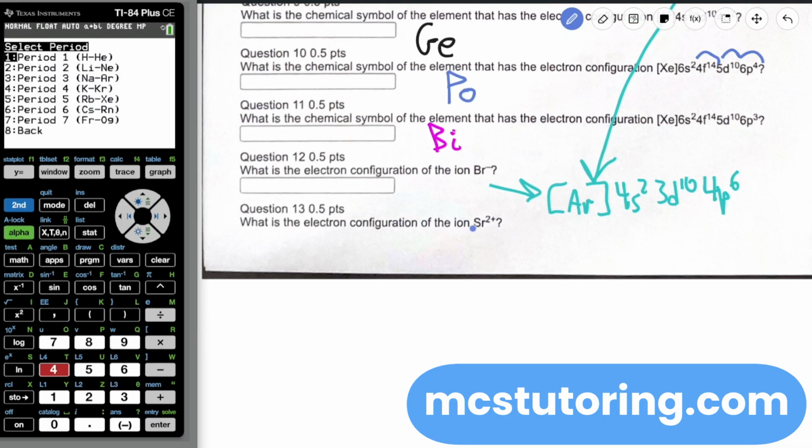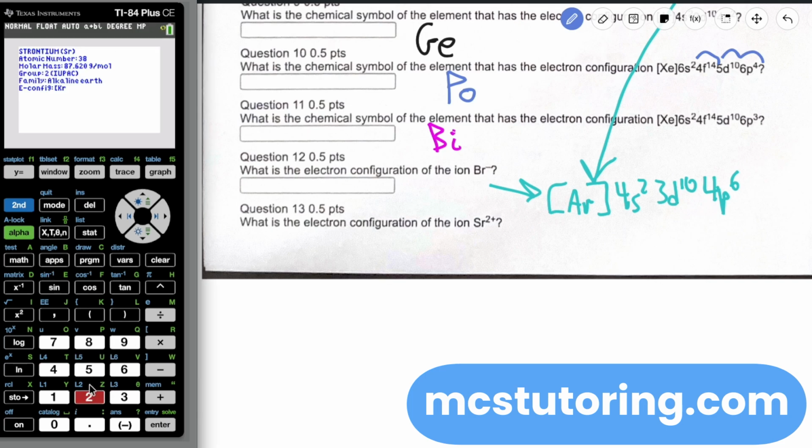Okay, I just found out, I looked in a periodic table. Strontium is period 5. So I'll choose option 5 here. So look, what does this 2 plus mean? Excuse me, there's a truck going by. Strontium Sr2+ means we basically lost 2 electrons. So strontium is normally